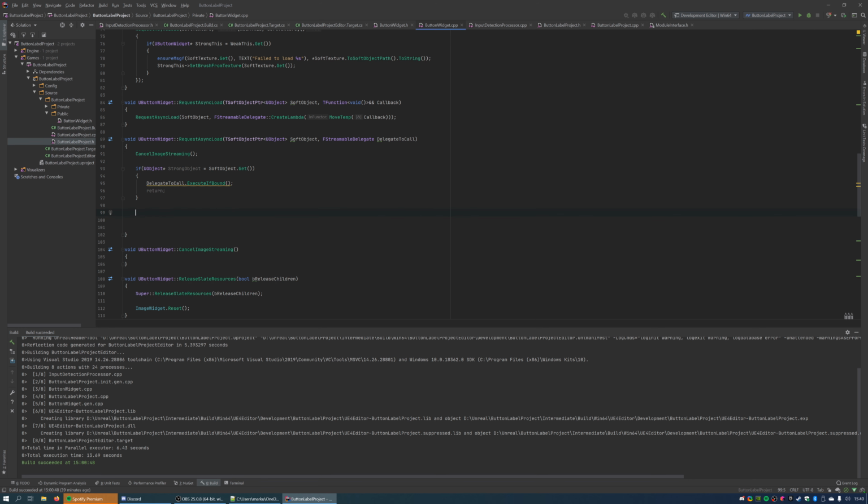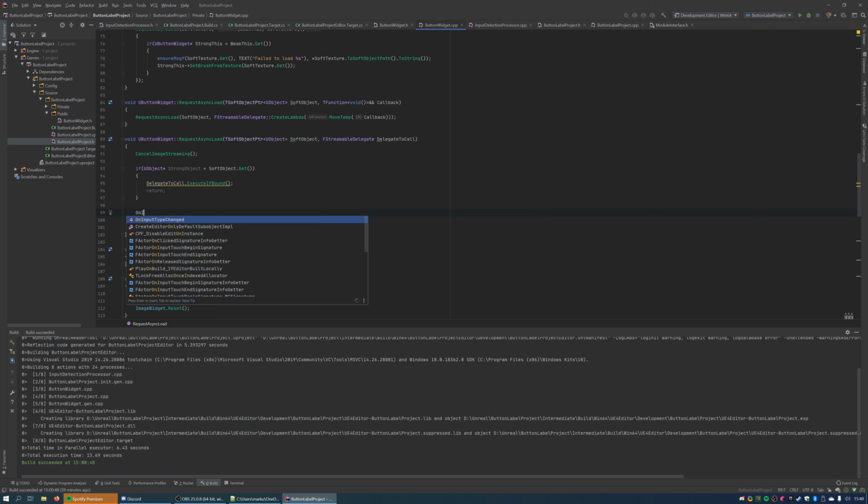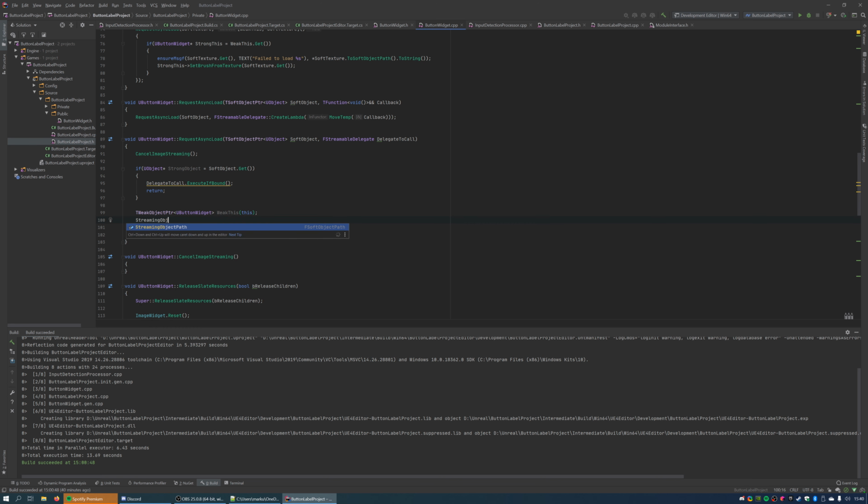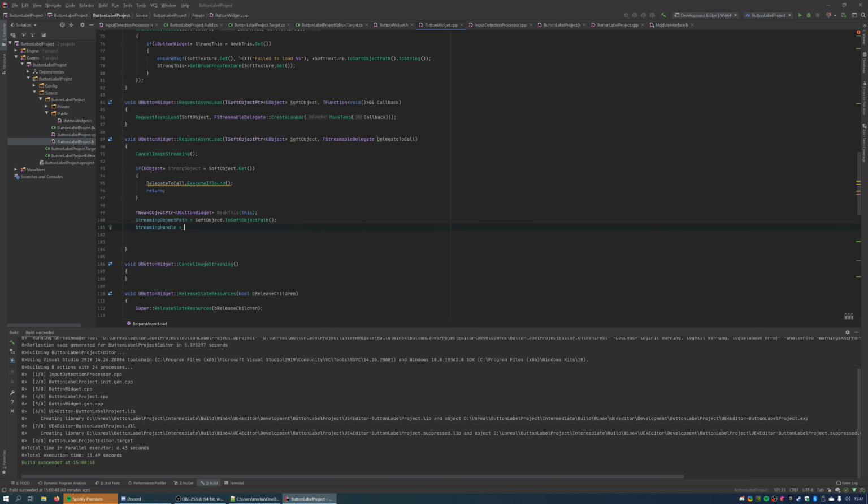So yeah, within there, there's the on image streaming started. Again, these are empty functions. You could just call here a function that's called on image streaming started, and then I don't know if you have any operations you want to do within that time frame, you could do this. Weak object pointer, you button widget, weak this once again, and the streaming object path will be soft object to soft object path, and streaming handle will be you asset manager get streamable manager